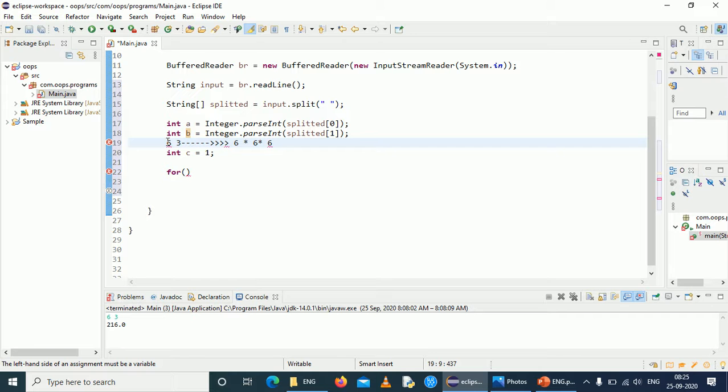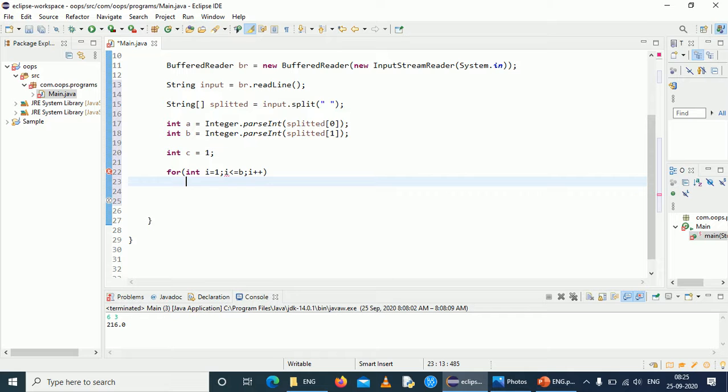Inside that for loop we can straight away multiply the value of a with the value of c. The loop runs with i from 1 while i is less than or equal to the value of b, i plus plus. So the for loop will iterate from 1 to b, c equals c star a.